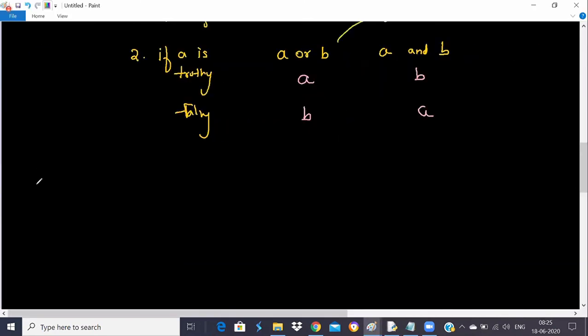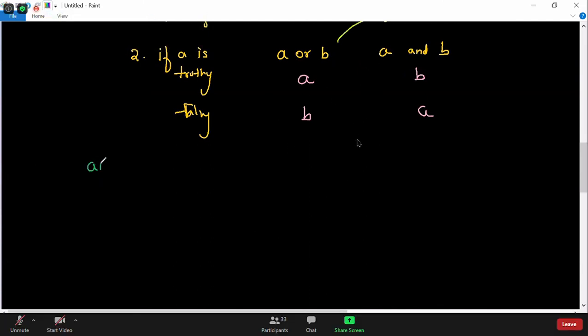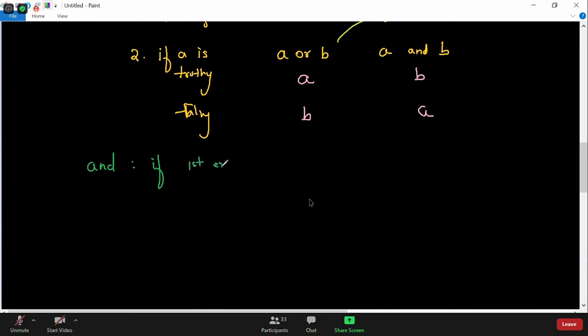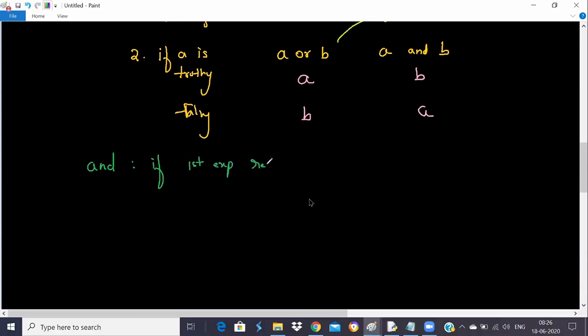So what happens in AND and what happens in OR? Let me write it down. In AND, if the first expression's result is true, it will not check the remaining expressions.